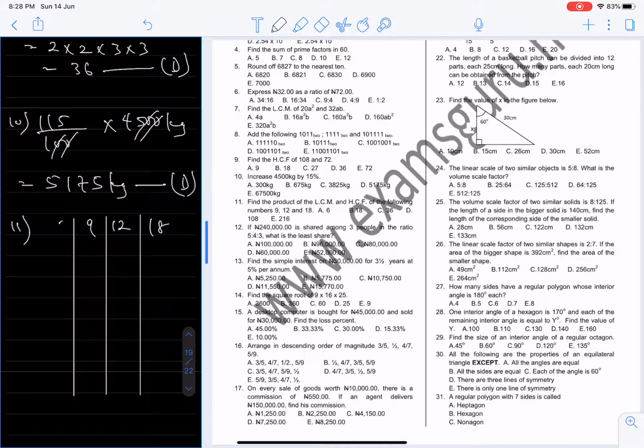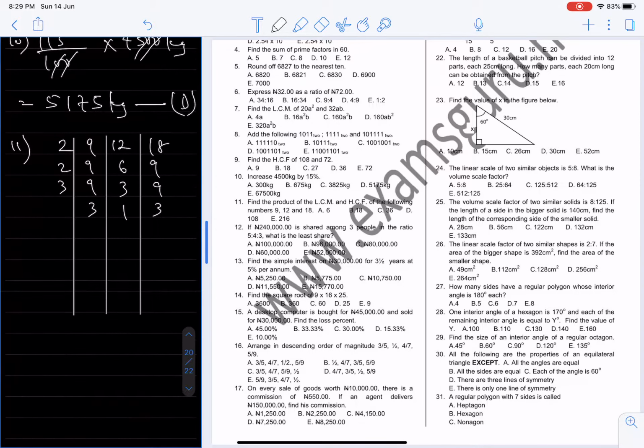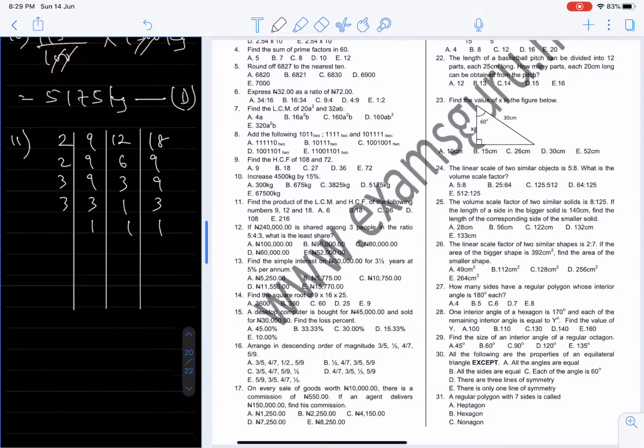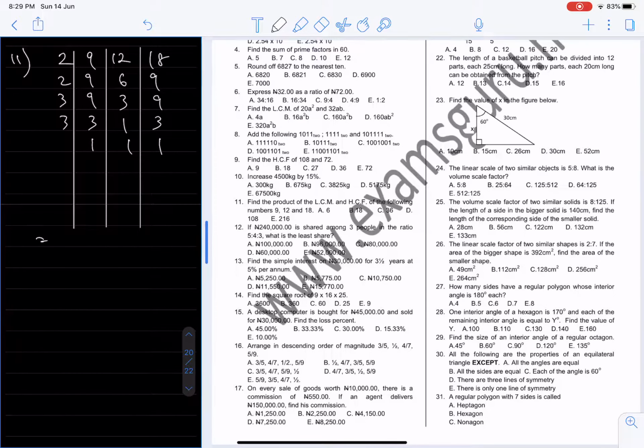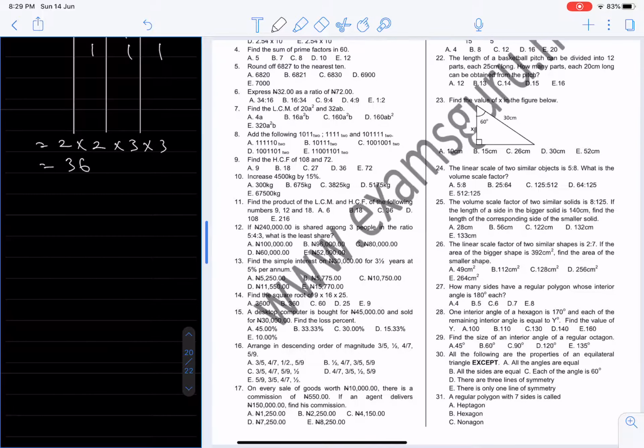Now, for LCM, I go 2, 6, 9, 2, 9, 3, 9, 3, 3, 1, 3, 3, 1, 1, 1. So the LCM is 2 times 2 times 3 times 3. And that's 2 times 2 is 4 times 3, 12 times 3, 36. Now for HCF,